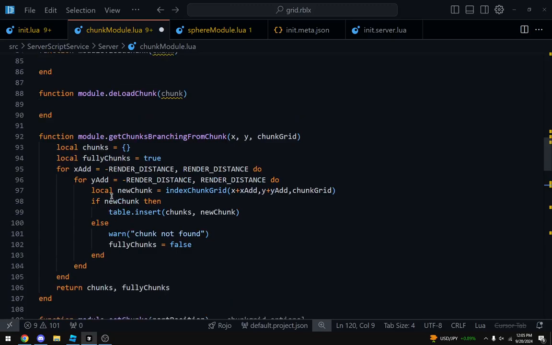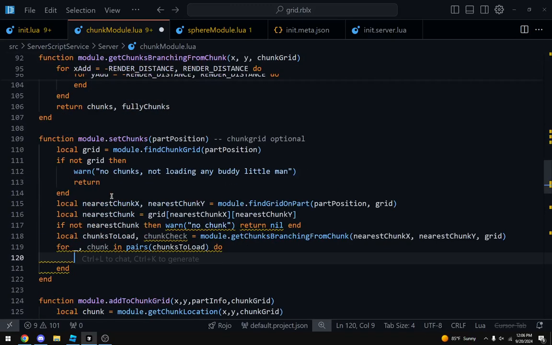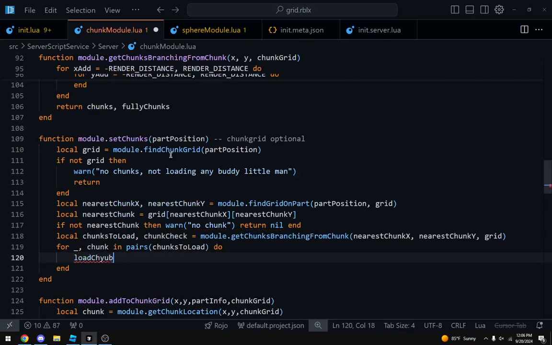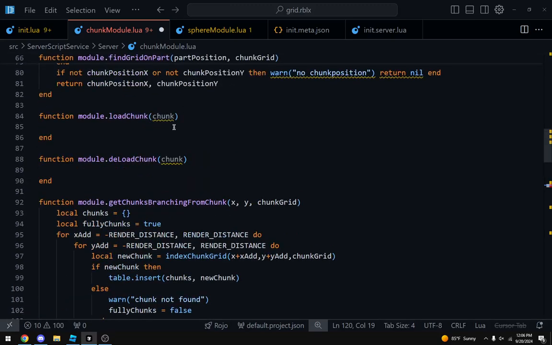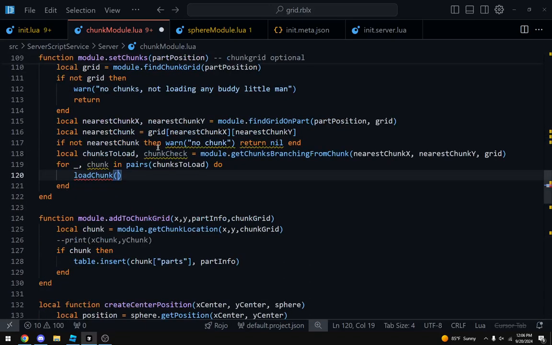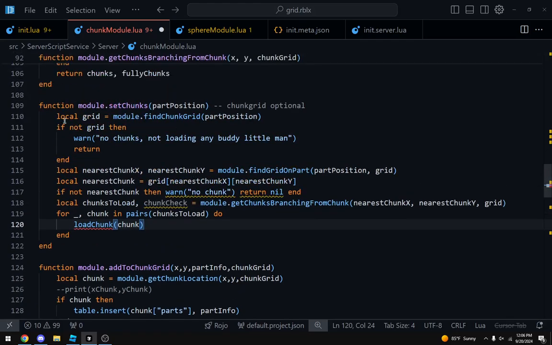So what we can do is load chunk module. Now we need to check.